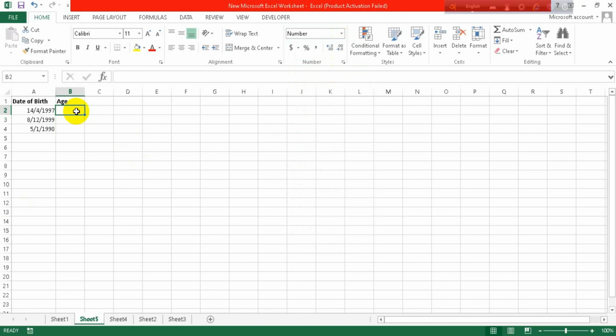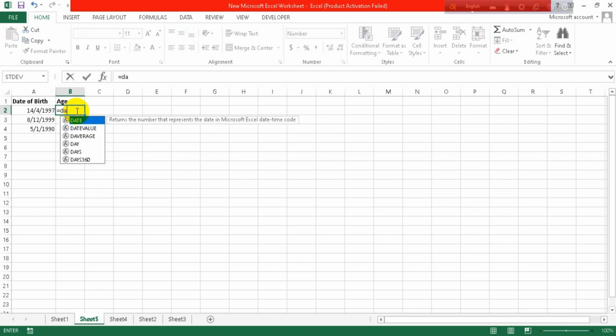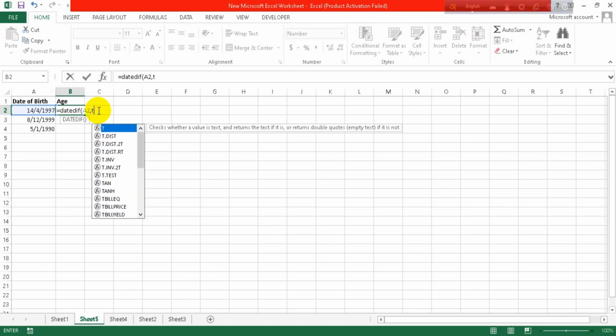So how would you do that? It's just a simple way. So let's get into this. At first, press equals, and then write DATEDIF, and then give a first bracket and select your date here, that row or that column, whatever the box is, and then give a comma, and then write TODAY,